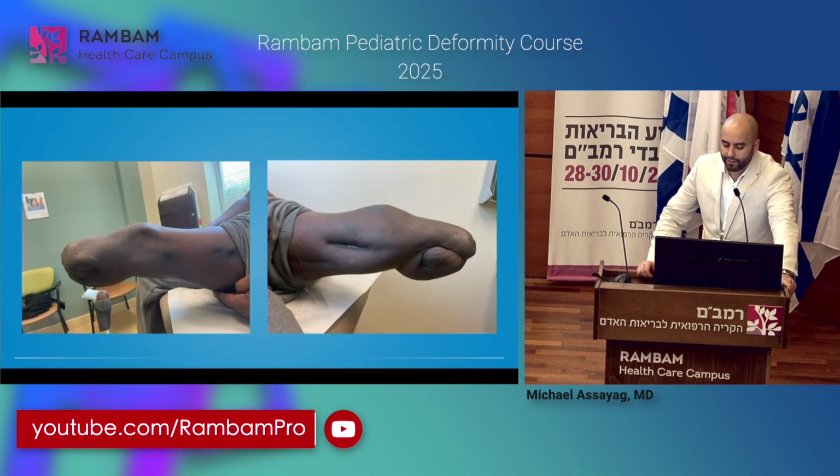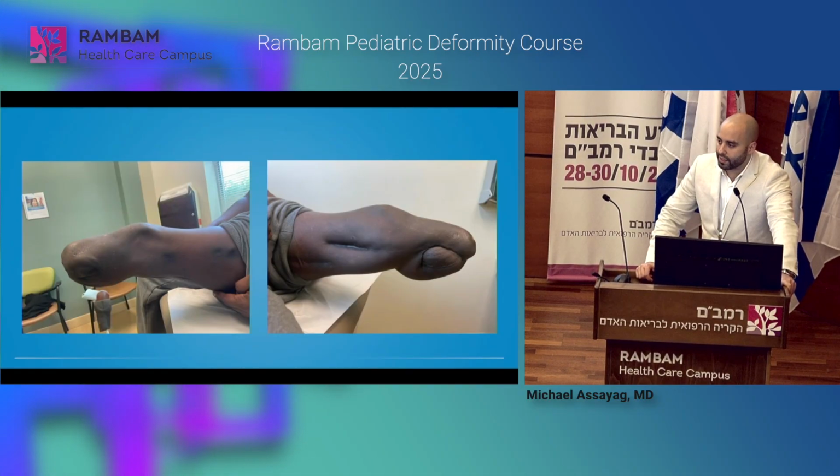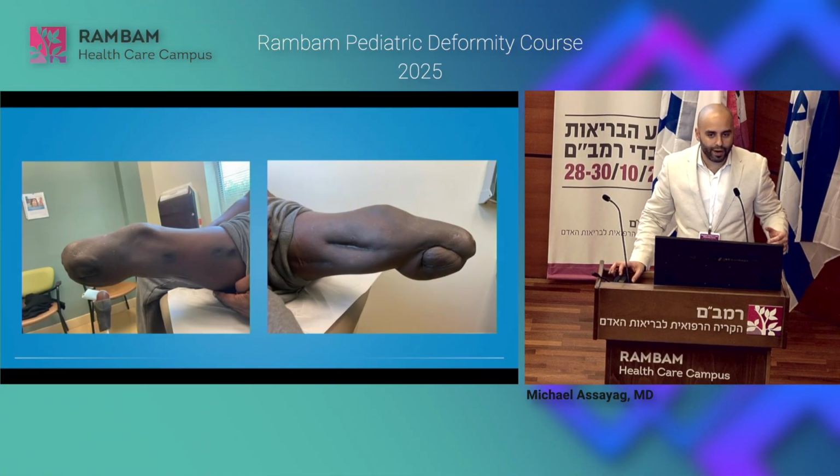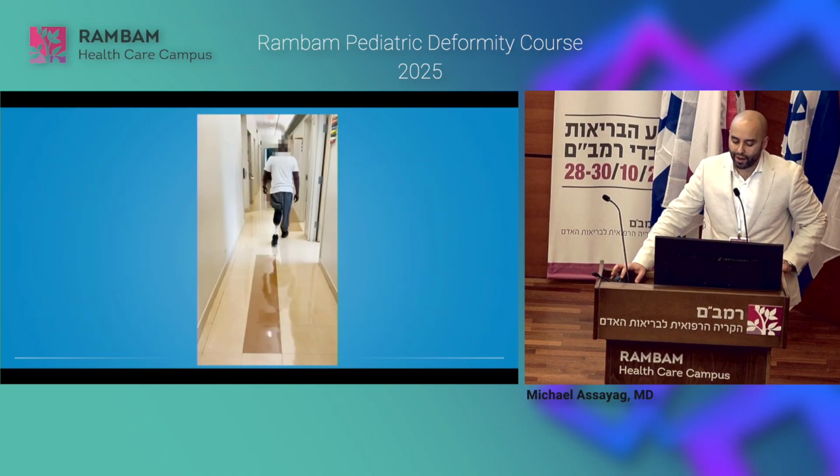Once we maintained it, he came back a few weeks later. He did his physical therapy, but as you can see, we lost about 10 to 15 degrees of correction. So don't be me. Overcorrect by about 15 degrees every time, to every joint.